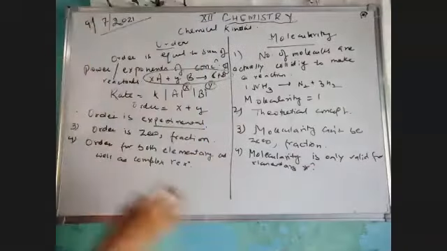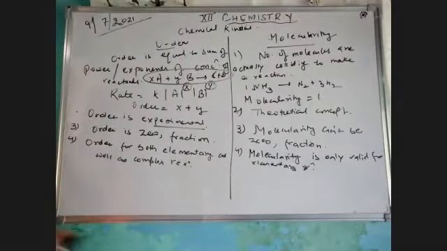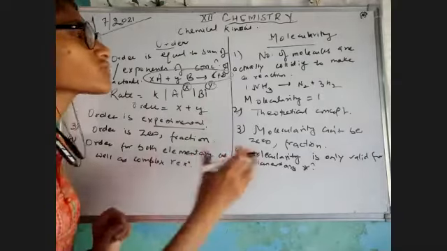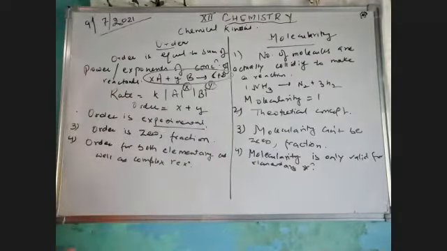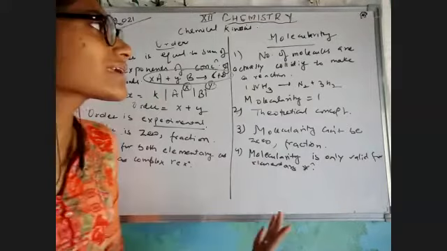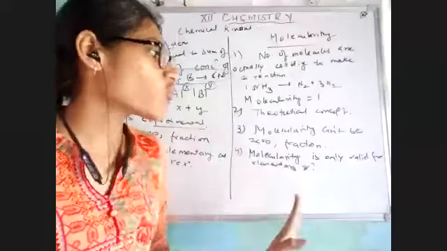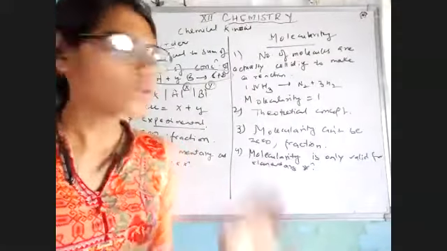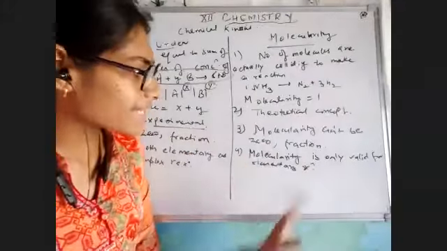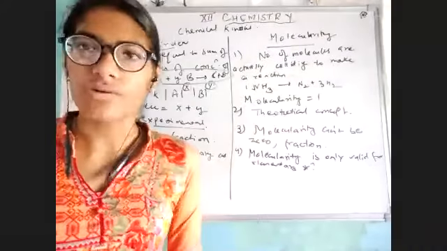These are all concepts we have already understood. I'm just going to revise and write them so that you can note them down in your notebook in tabular form. For your board exam, you would definitely get a 2-mark question: write the difference between order and molecularity. So definitely make it a table so that you can write it in your final exam.